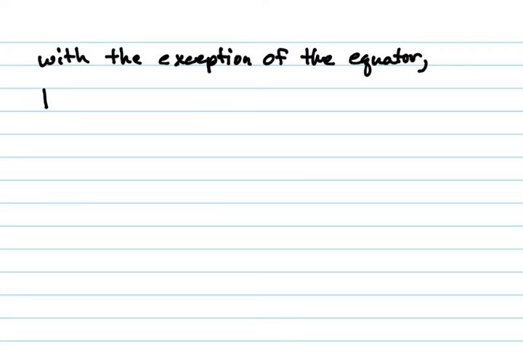With the exception of the equator, now, why is the equator the only line of latitude that's an exception? Because it's a great circle, right? It goes all the way around the planet with the center as its circle. So the equator behaves just exactly like any line of any meridian. Okay? With the exception of the equator,